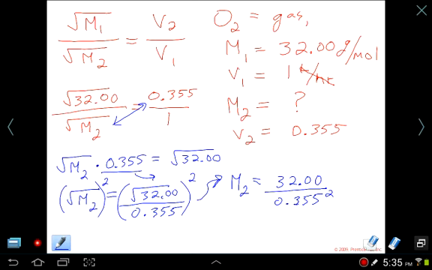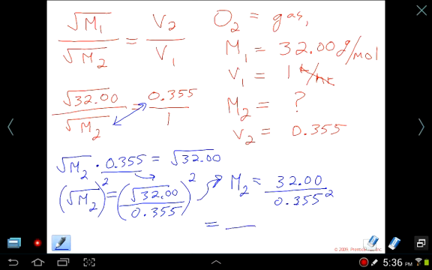So if this is a bit messy, or if this is a bit confusing, slow down and take a look at all the algebraic manipulation that we showed you here. So let's go ahead and just plug the numbers in. Let's go ahead and square. Be careful as you put this in, that way you put it in correctly. 0.355 squared